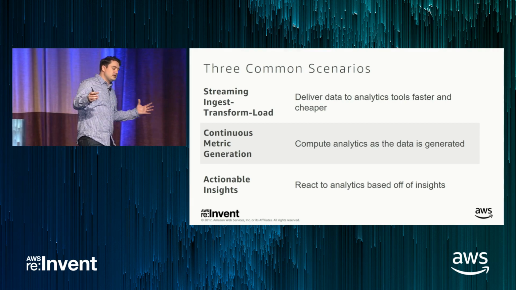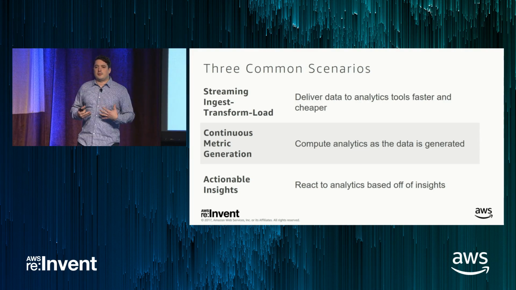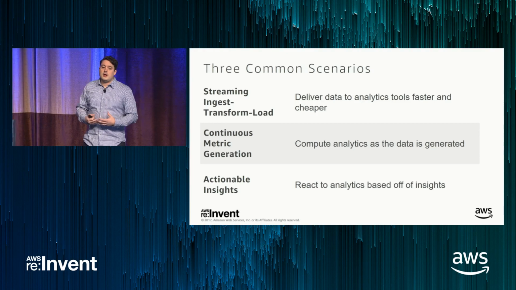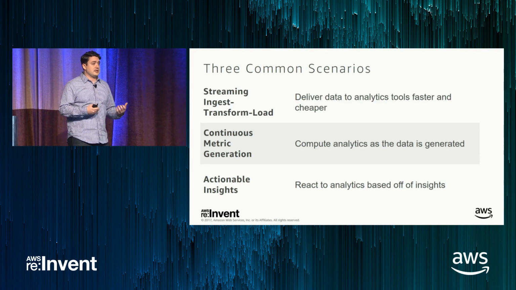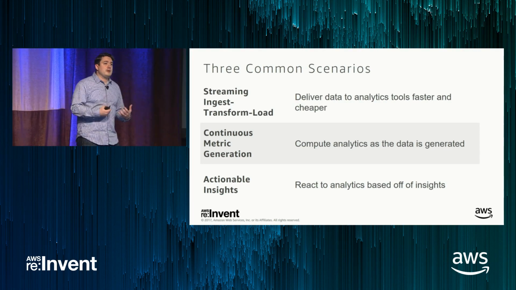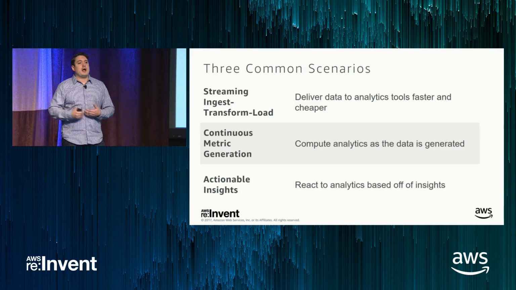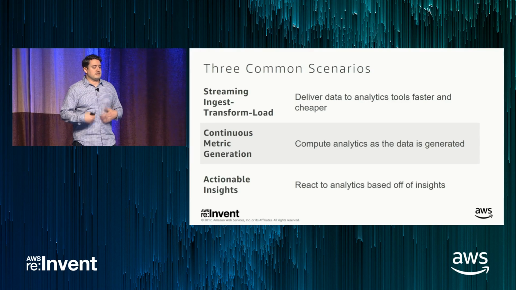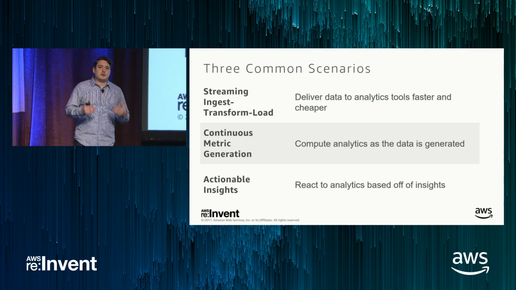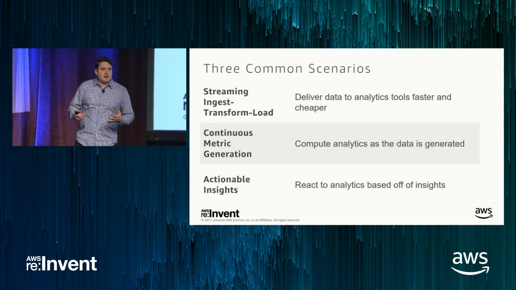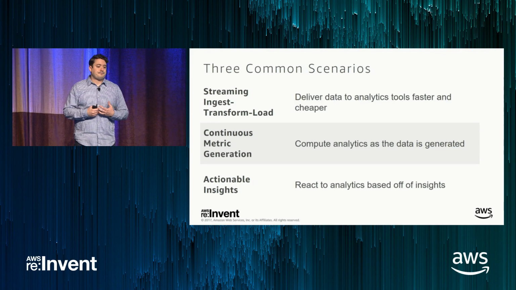So across all streaming data use cases, let's look at three common scenarios. First, streaming ingest, transform, and load, or streaming ETL. This is very similar to what Kinesis Data Firehose's primary purpose is. But people also use Kinesis Data Streams to do it as well. But the primary purpose is you're doing ETL as data is continuously arriving, and doing that prior to wherever you're storing the data, be it Amazon S3 or Amazon Redshift. It's the most common use case we see customers implement, and it's usually where customers start. It probably represents, I'd say, 50% of use cases of what we see for streaming data, just straight streaming ETL.